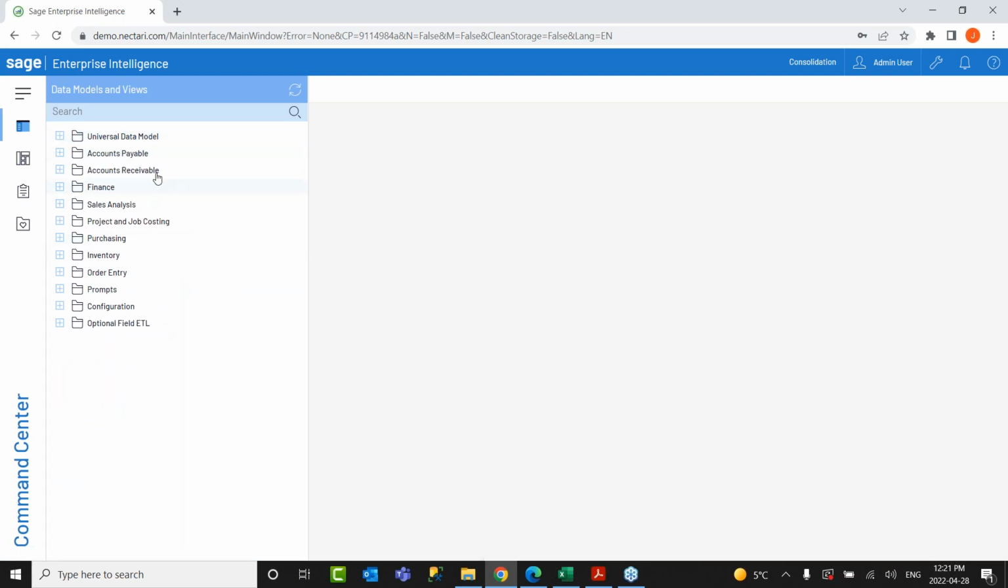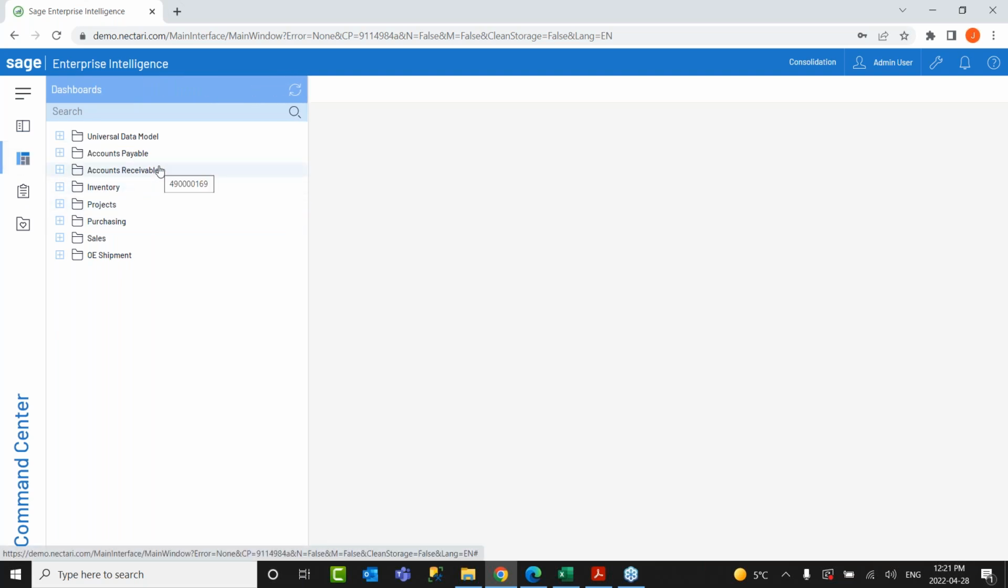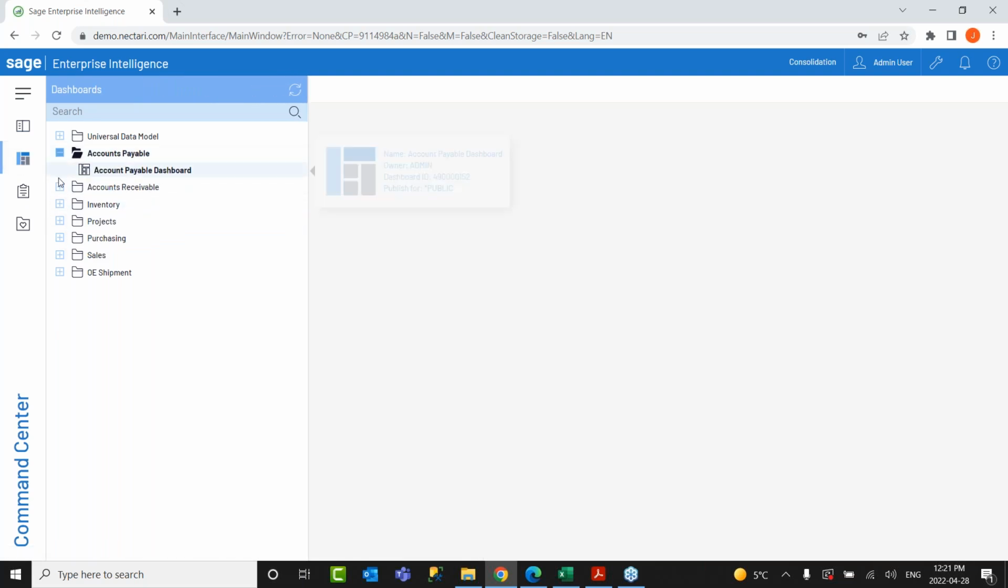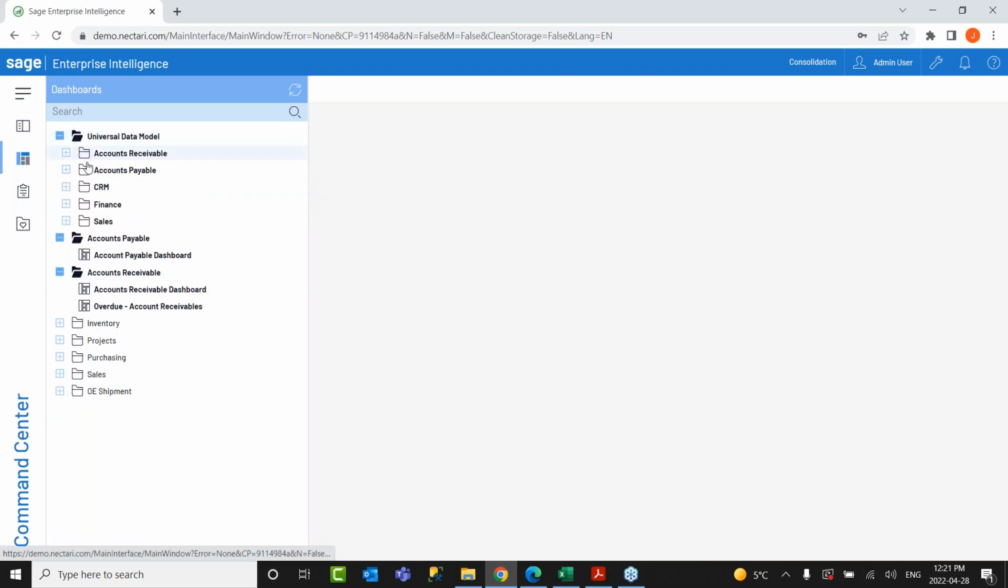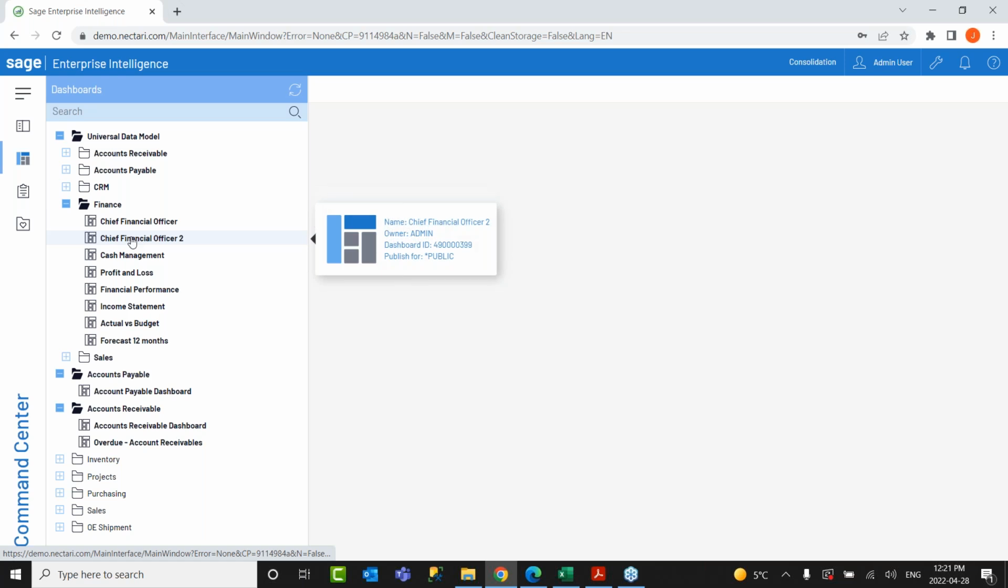So that's about what we get out of the box in terms of the reportings and visualizations. Then the next part is the dashboards. And just like the reports, there are out-of-the-box dashboards which are tailored to Sage 300 and the ones which come out of the box with the Universal Data Model. So what we will do, we will first go ahead and explore some of the dashboards which are